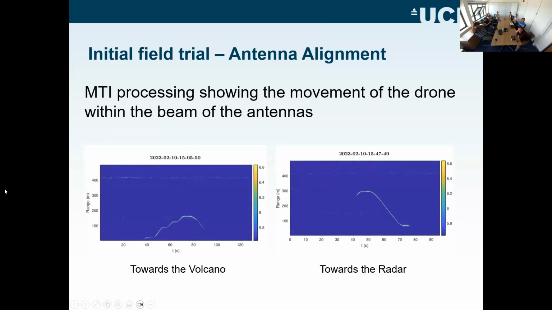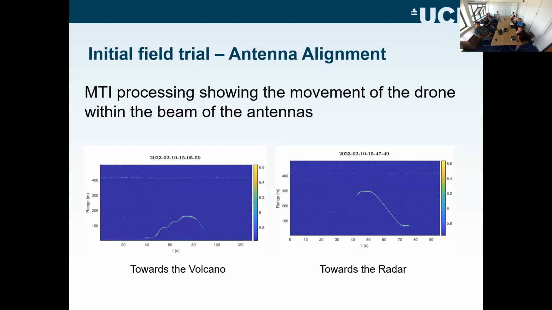I said about just verifying that the drone is in the beam. We use Google Earth, and we come up with a waypoint that can be programmed onto the drone. This is actually what the electrical beam of the antenna is looking at on the volcano. Once we put those in, we wanted to verify the antenna is looking at the spot. So we put those points onto the drone, flew the drone from the radar to the volcano,